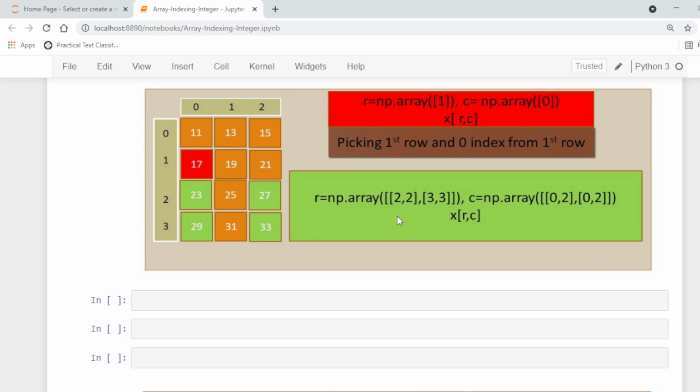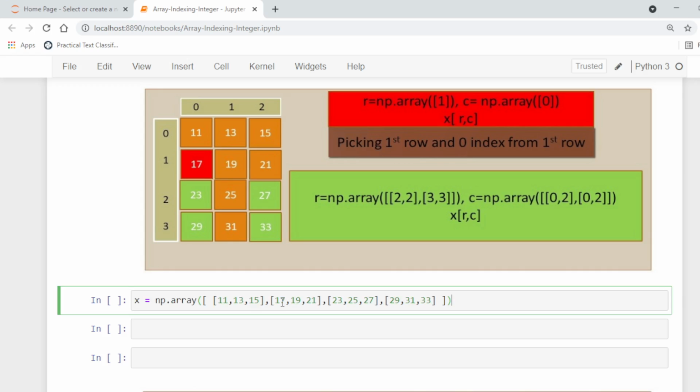Similarly, if we specify, let's say we demonstrate this array. This is the array above, with 4 rows and 3 columns.